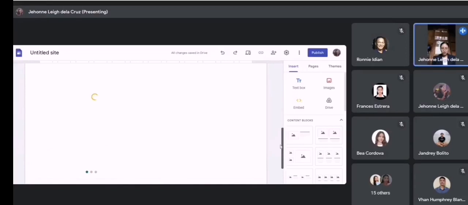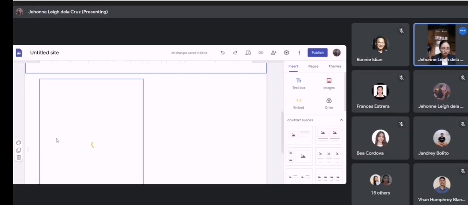Let's see if it is already loaded. It's still loading. But in the image carousel, we can also add a caption to our images. Let's see if we can edit it if it's still loading. Okay, it's still loading. Anyways, let's move on first with our next step while waiting for the image carousel to load. So we're done with the captions. And now